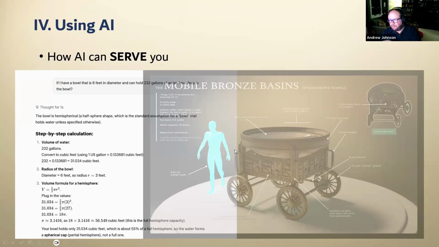And now you know a lot more about these basins. How much are they being moved around? Probably not a lot. Are you steering them around easily? Nope, probably not. So AI can help paint a better picture for you. That's AI in service of somebody that wants to know a little bit more.